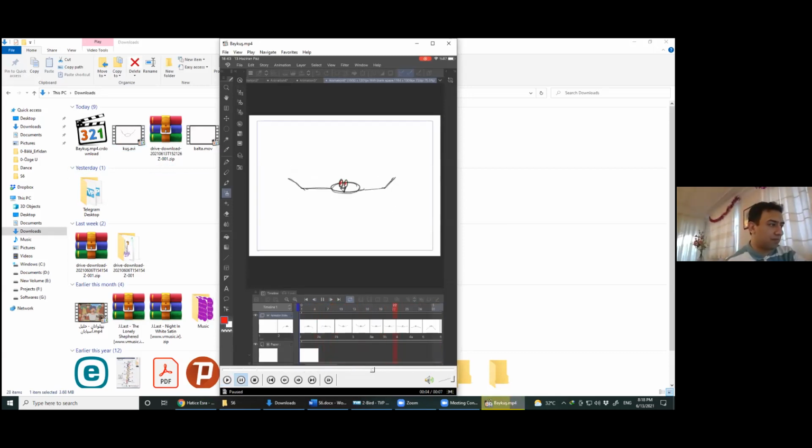And the second one, it is better here to not bend the second part of the wing very much.